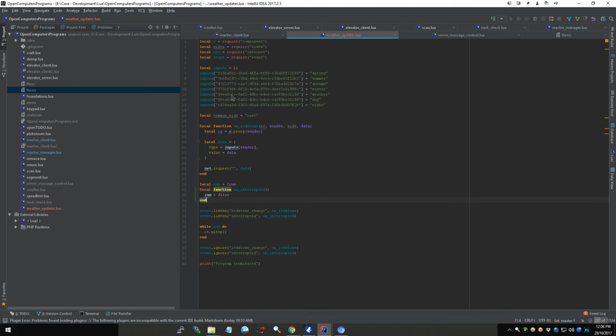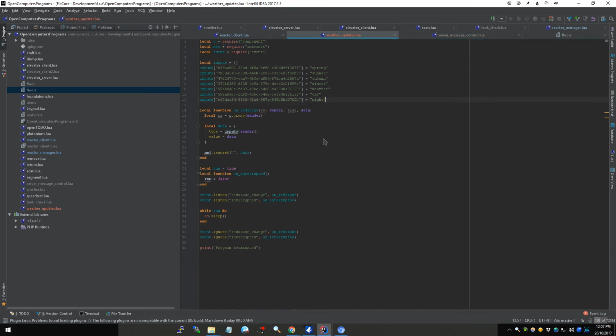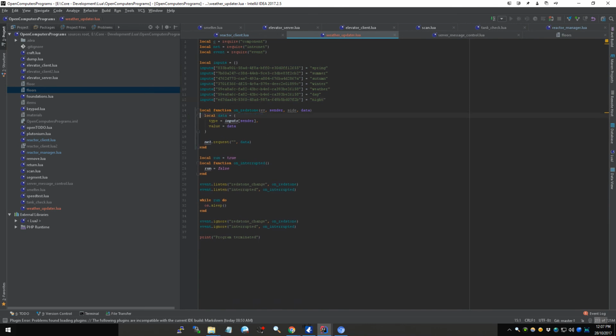Now, we don't even use the sides API anymore. Remove those references, I guess. We don't really need that either. This became a little more compact than I thought it would be. Anyway,